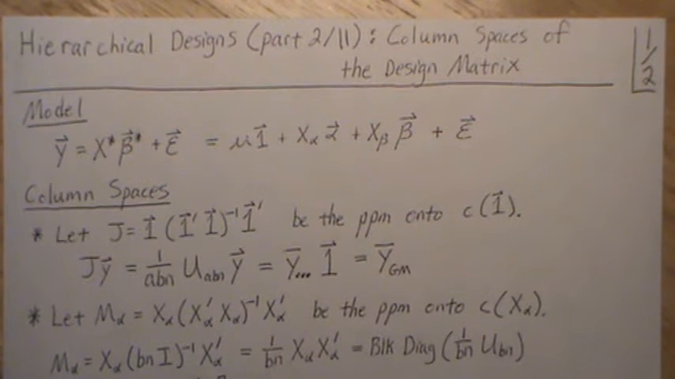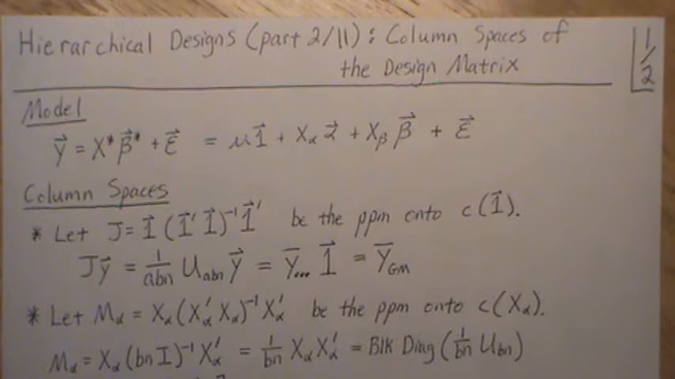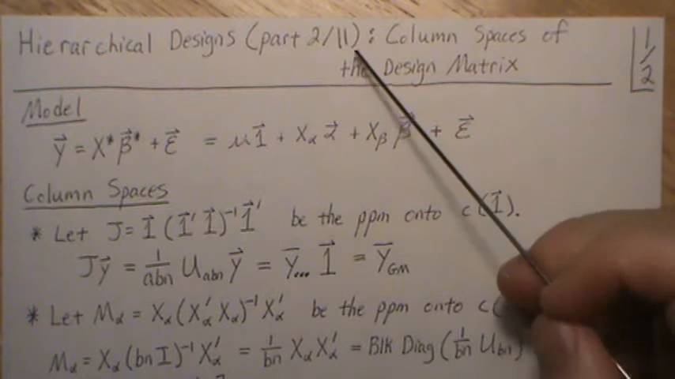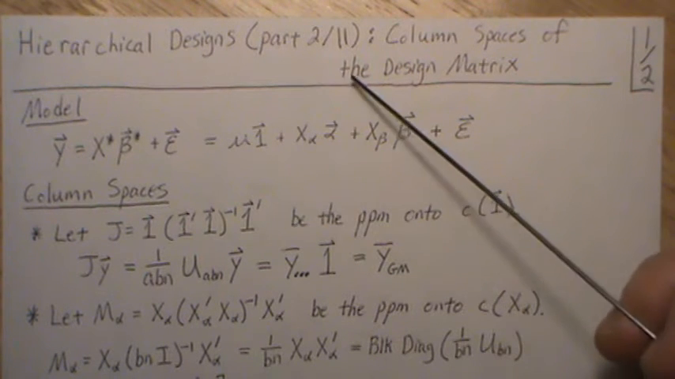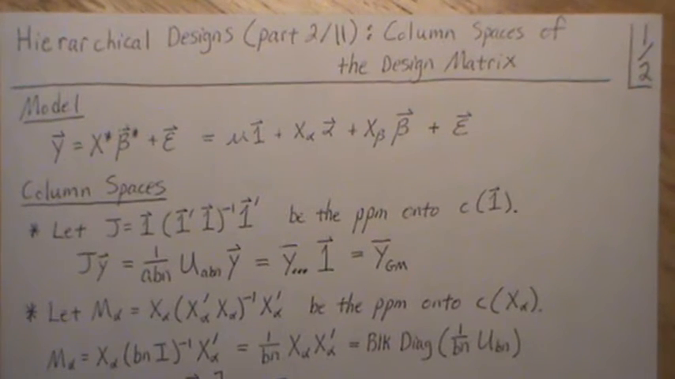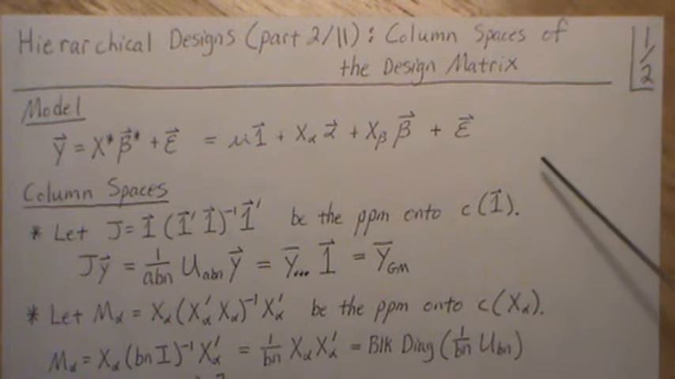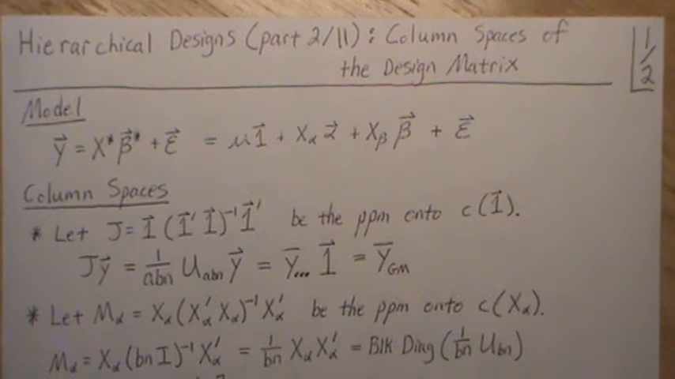Hello, this is the next video in a playlist that I'm calling General Linear Models Design of Experiments, and we're in part 2 of an 11-part mini-series within that larger playlist. This mini-series deals with hierarchical designs, and in this video we're going to look at the column spaces of that